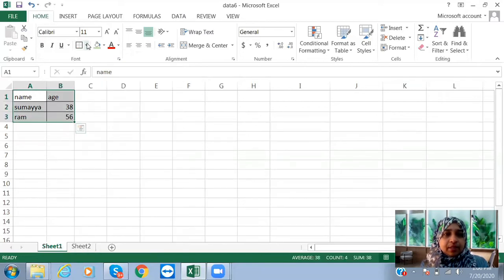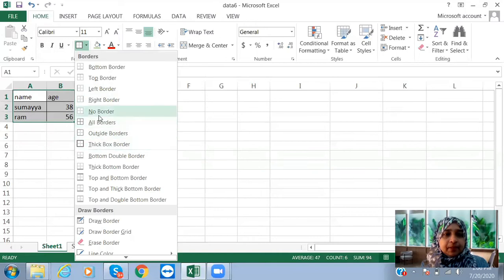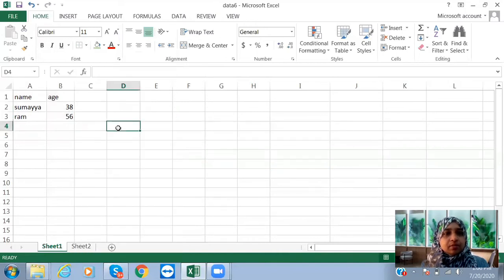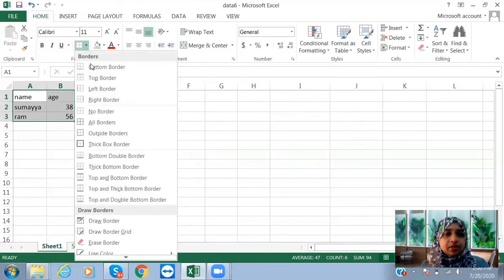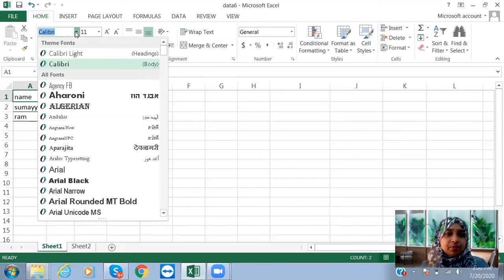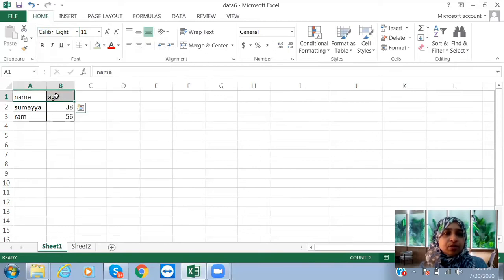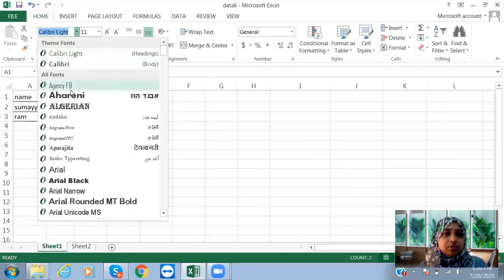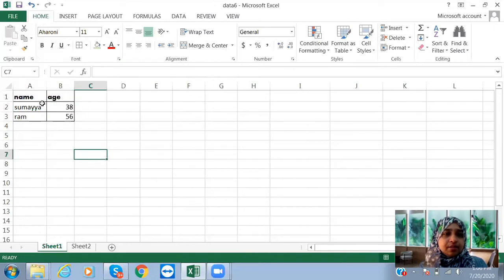So now come back here. Okay, if you select no border, border will not be there. So come back here. Use all border, you can see the border, right? Same thing, you can change the font as well. Here you have different options, and you may be knowing these things. I just show you all the options here. So now you can pick the font which we wanted. See, now the font got changed. So now you can use different fonts, see the different fonts.